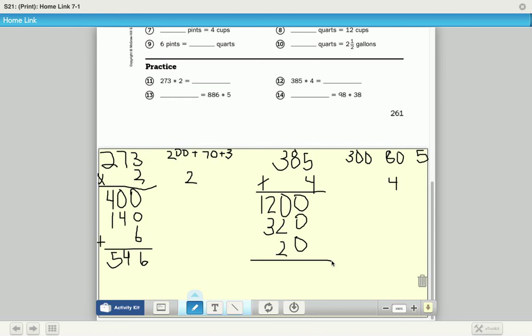And then I add up my columns. 0 plus 0 plus 0 is 0. 2 plus 2 is 4. 3 plus 2 is 5. And 1 plus nothing is 1. So